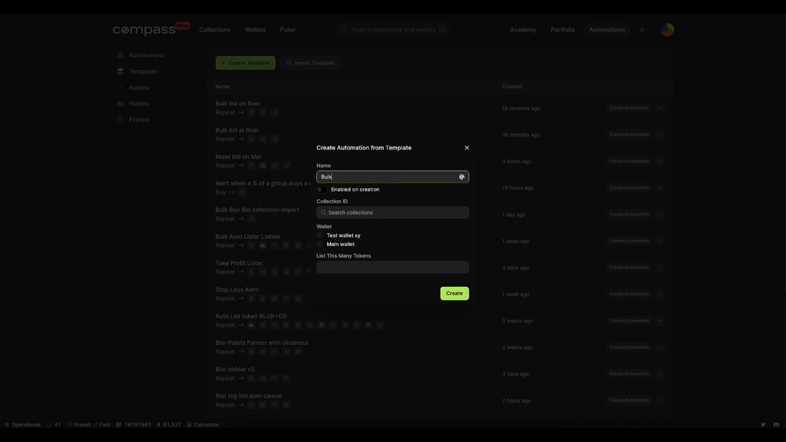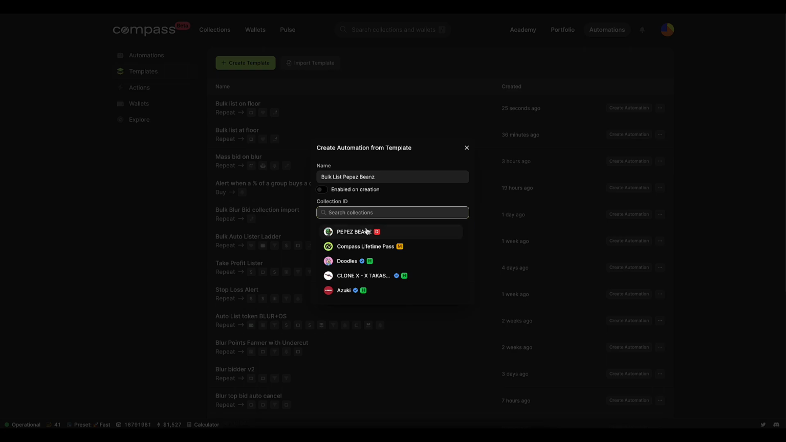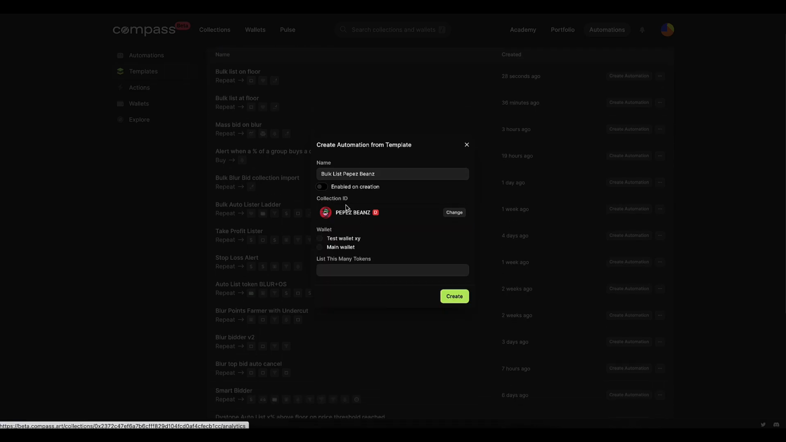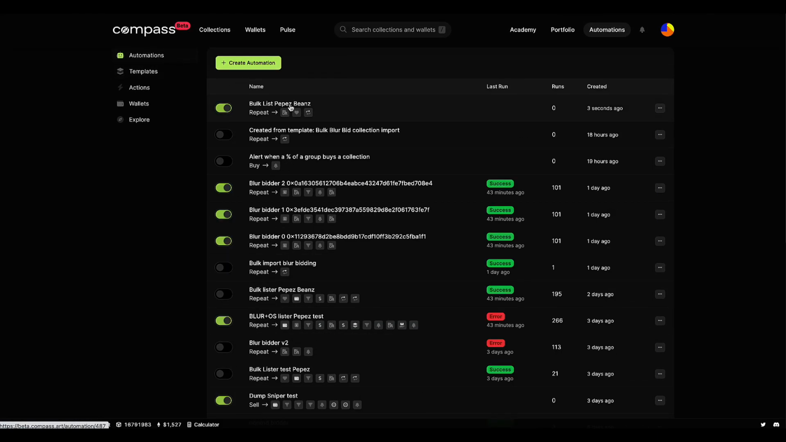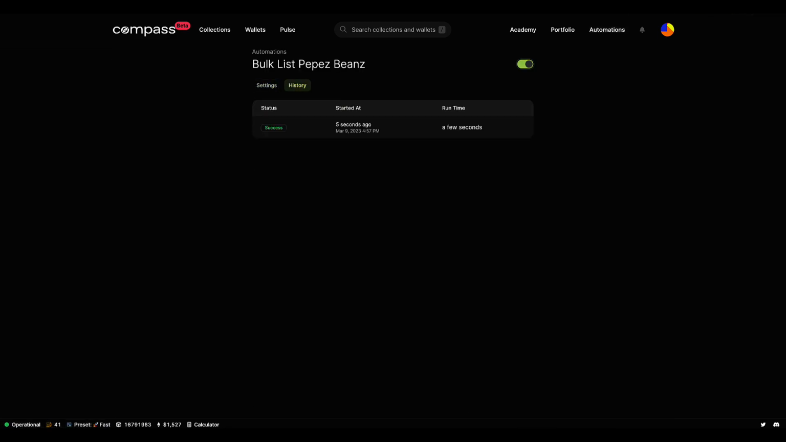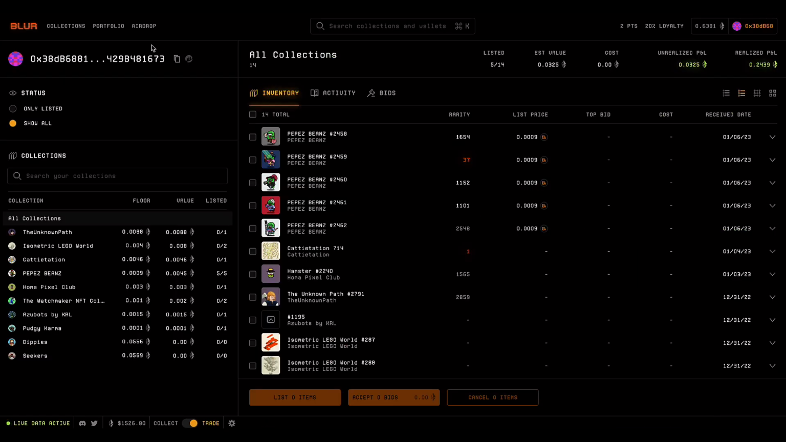Whoops, that's the name. So bulk list beans. There you go, it already popped up. That's what the acting as function does. Let me select the collection ID. So I will be trading from my main wallet, and I want to list, let's say 3 tokens. Right, so the automation is already running, and I will be seeing